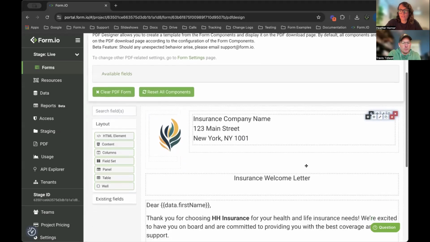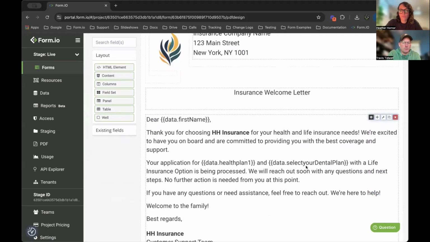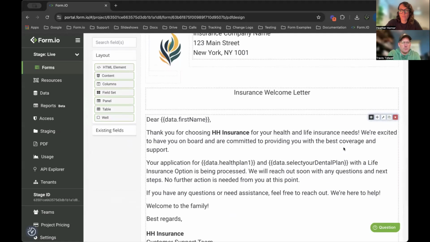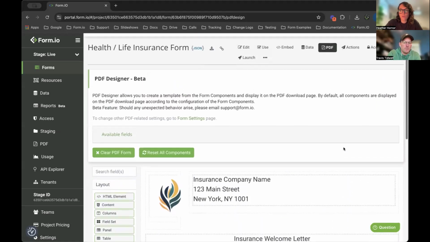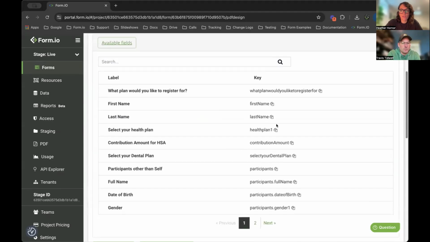I've made this into sort of a welcome letter that would get mailed out to the customer. And just like Travis, what you were saying about the tokens, we can still do that with the content component. We've got some really cool little features here on this PDF tab. What I love about it is the available fields. So you've got these names here where, if you need to know what data you want to fill out,